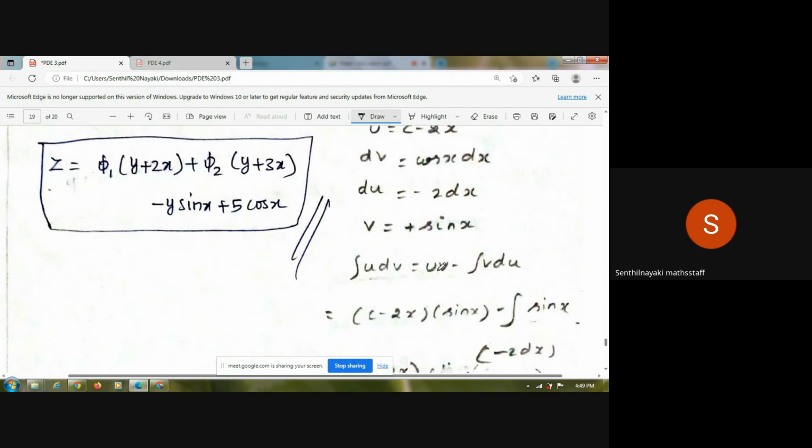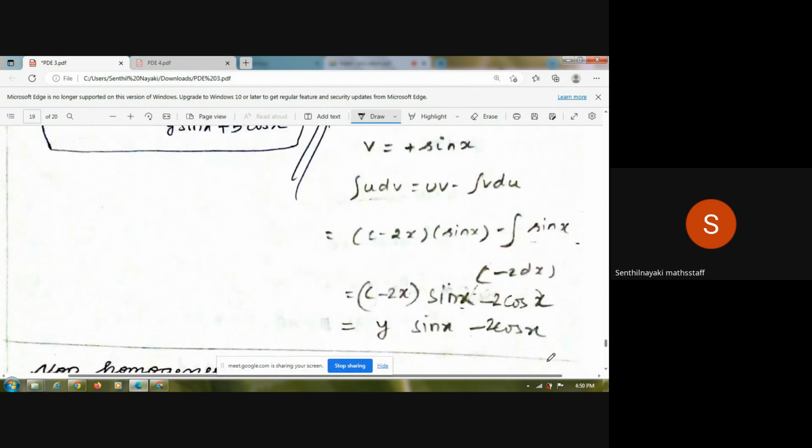Substitute into this formula, then uv, so u is this one, v is sin x, so c minus 2x into sin x minus integral v du, so v is sin x and du is minus 2 into dx. So minus into minus is plus, so instead of this c minus 2x, we can write y sin x,